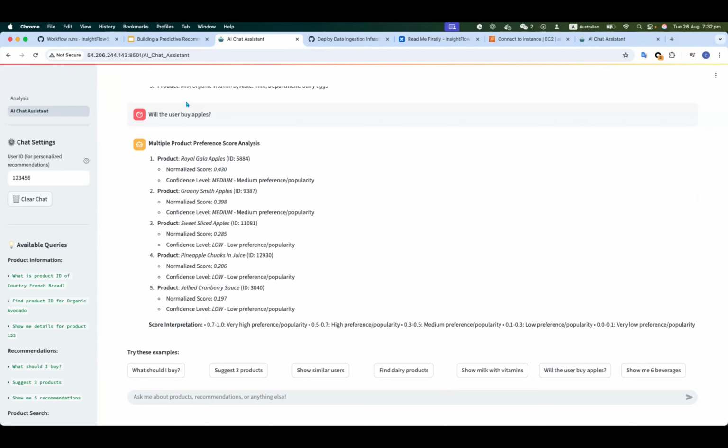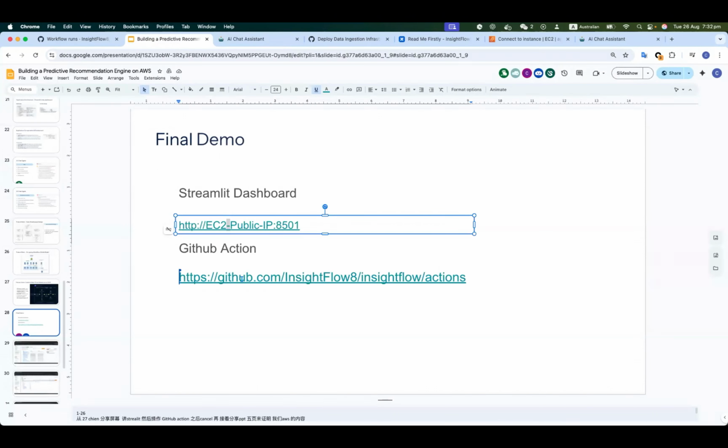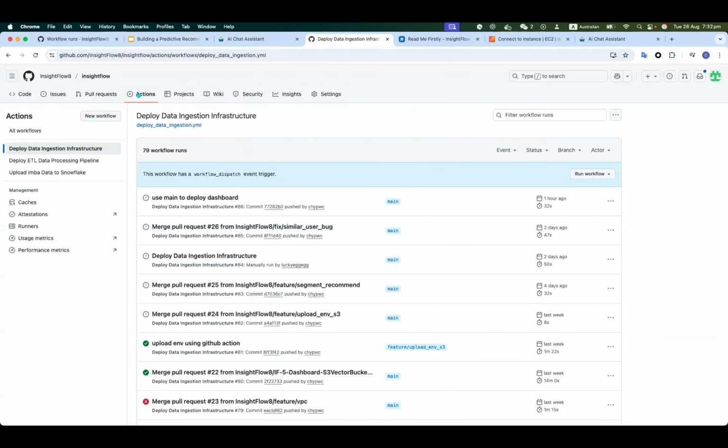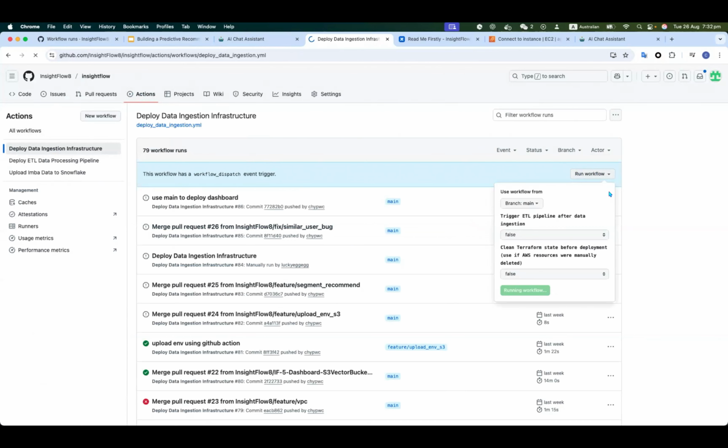This is our demo. Sorry, I still have one. This is our GitHub Action, and we can use the GitHub Action to deploy the infrastructure. So let's run it.